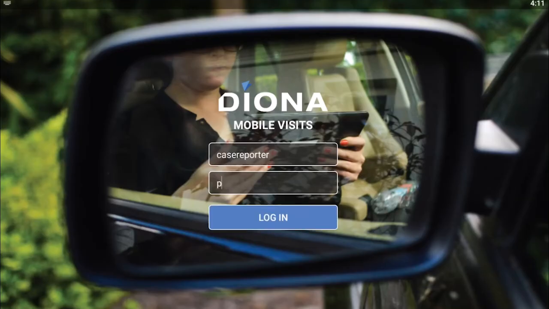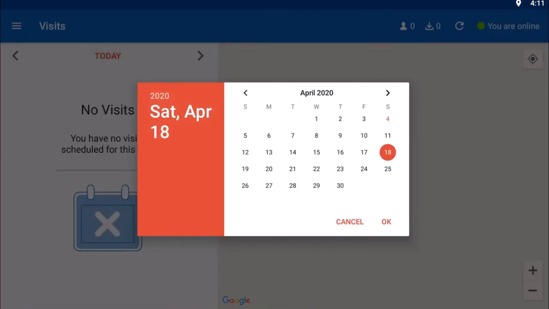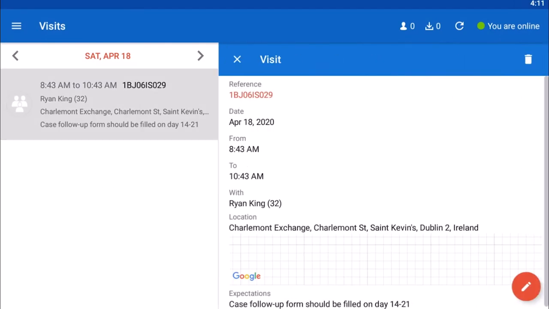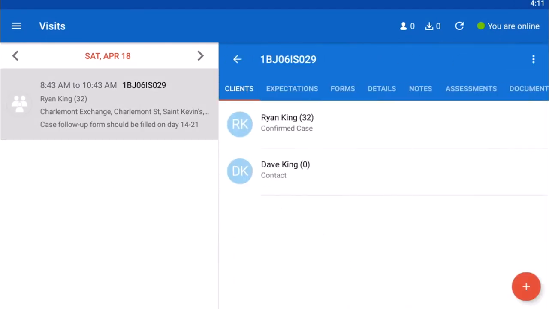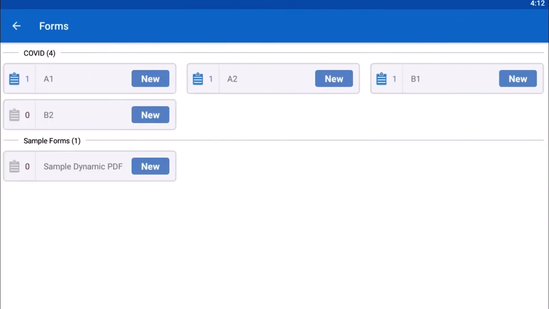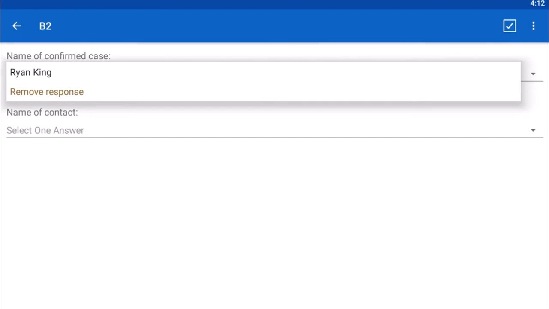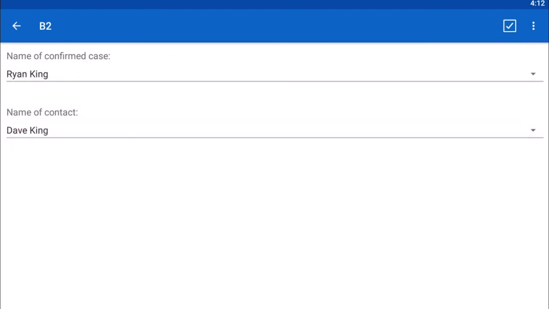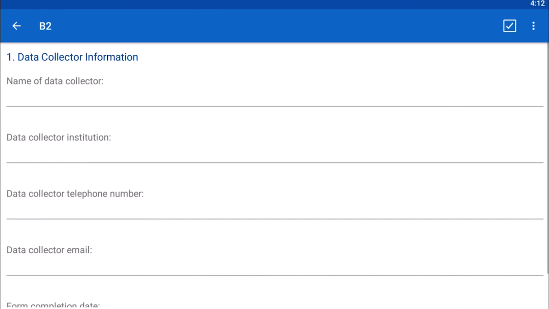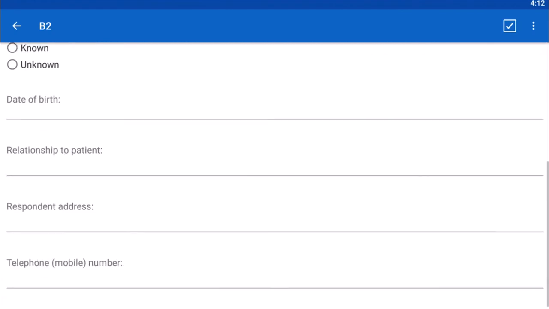B2 form is the contact follow-up reporting form for close contacts of confirmed COVID-19 cases that is filled on day 14 from the day of filling the B1 form. This might be filled in one go or updated regularly as more and more information is gathered. We start by selecting the name of the confirmed case and name of the contact, followed by the data collector information details, and the interview respondent information,